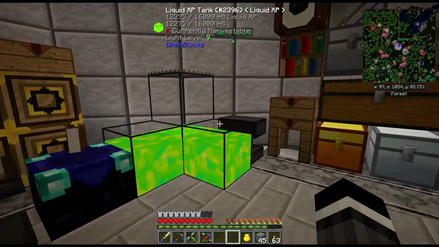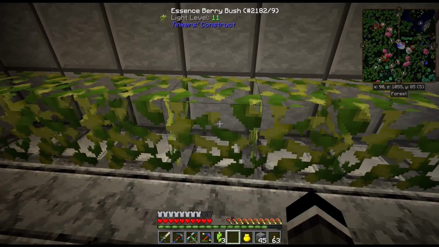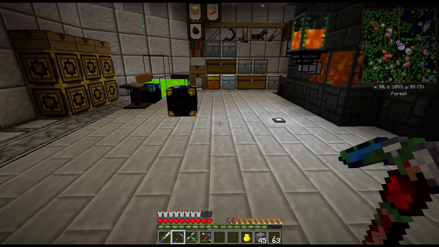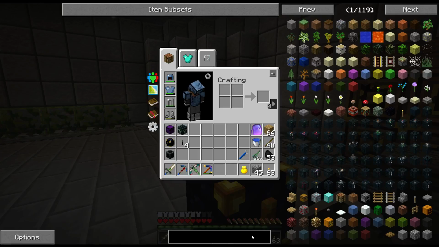I don't know, I'm not a big fan. I tend to just use the ME system as a way to store and craft things kind of manually, in the grid there and stuff. So, alright, last thing we want to do is I want to make a Silk Touch upgrade